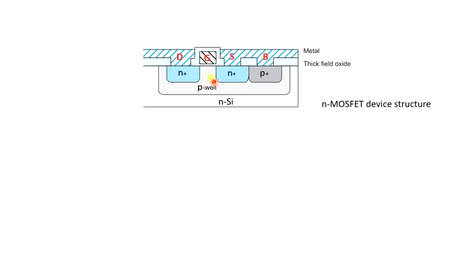Another thing to be noticed here is that under the gate the oxide is pretty thin, as is expected for the gate dielectric. However, if you see on this side or this side, very thick oxides are used. These oxides are called field oxide. They are expected to be pretty thick. They provide isolation between these metal lines and this silicon wafer. At the same time, thick oxide also reduces the capacitance between this metal and this silicon.